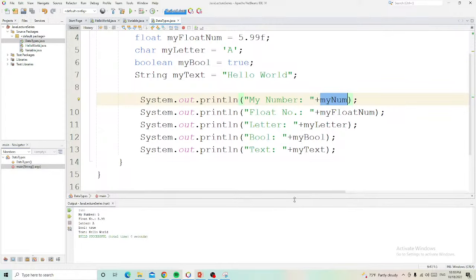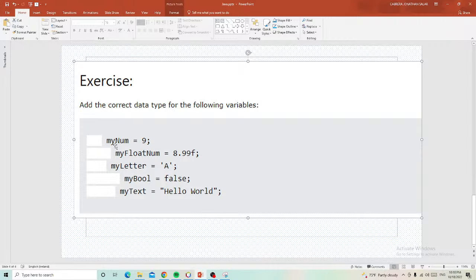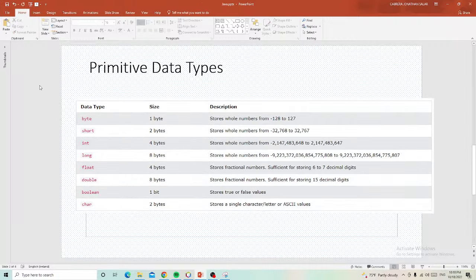So that's it for our tutorial for today. It's very simple. I don't want to add a very complicated example because our topic is just about the eight primitive data types. It will be added in the lecture series, so you can check it in the playlist of my YouTube channel. Our example is just the int, float, char, boolean, but you can try also to add more. You can try also those other data types.